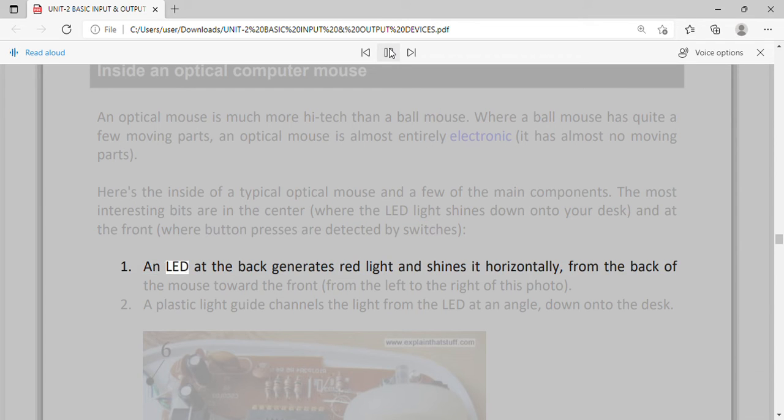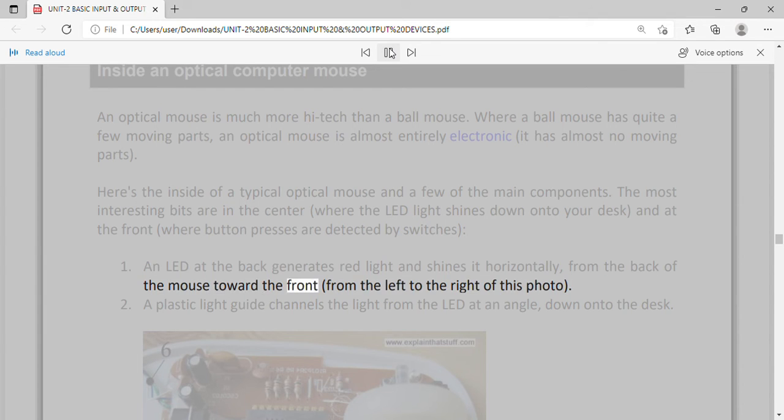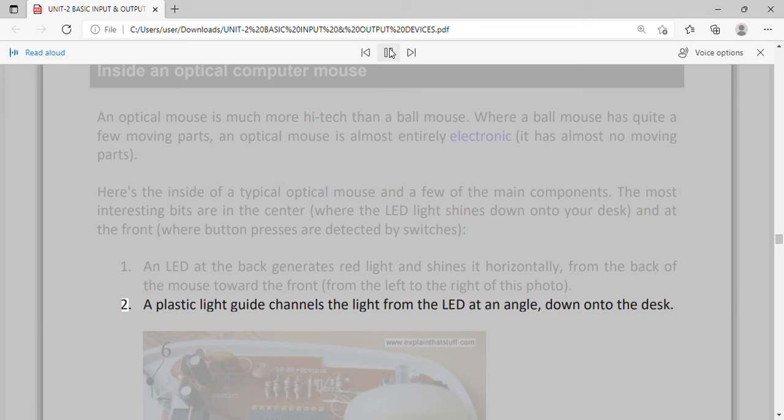1. An LED at the back generates red light and shines it horizontally from the back of the mouse toward the front, from the left to the right of this photo. 2. A plastic light guide channels the light from the LED at an angle down onto the desk. 3.